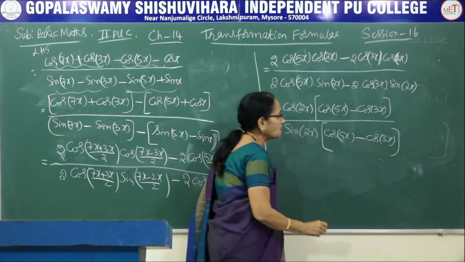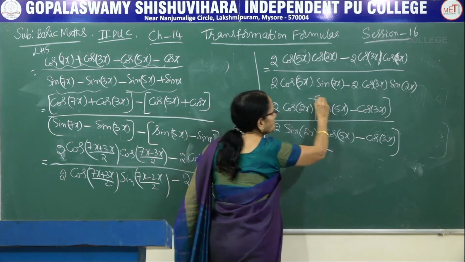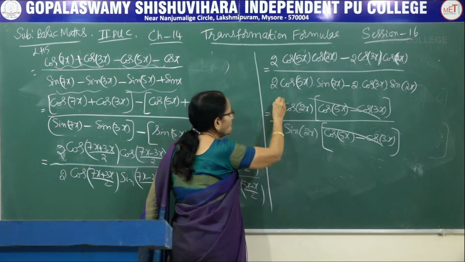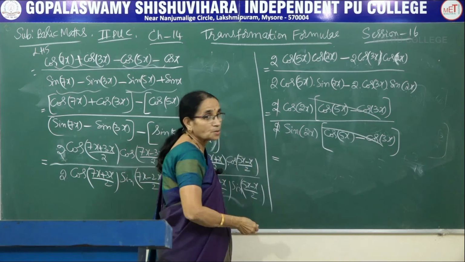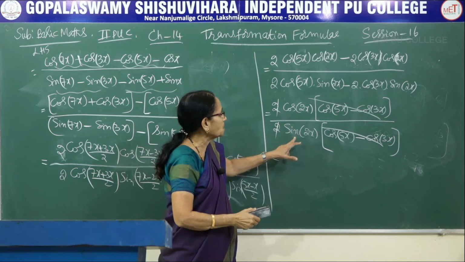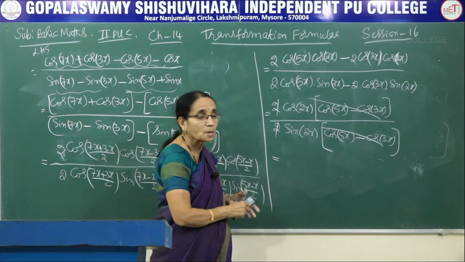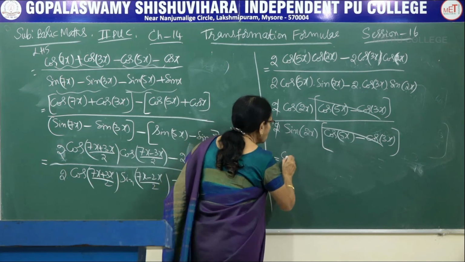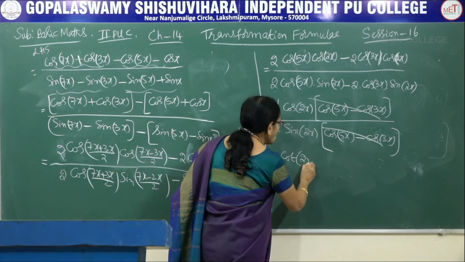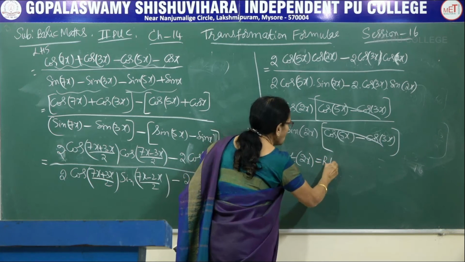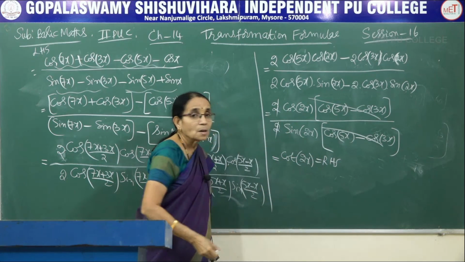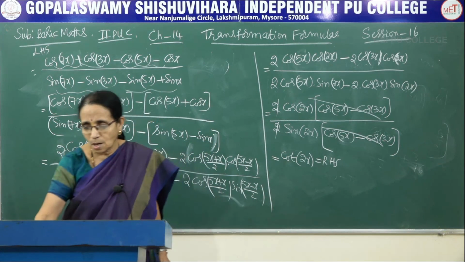Okay. Now clearly we see that this term gets cancelled, 2 gets cancelled. Let's see what is remaining. Cos of 2x divided by sin of 2x. The basic information, this is equal to cot of 2x, which is nothing but the right hand side. Okay. So this is the procedure we adopt here.